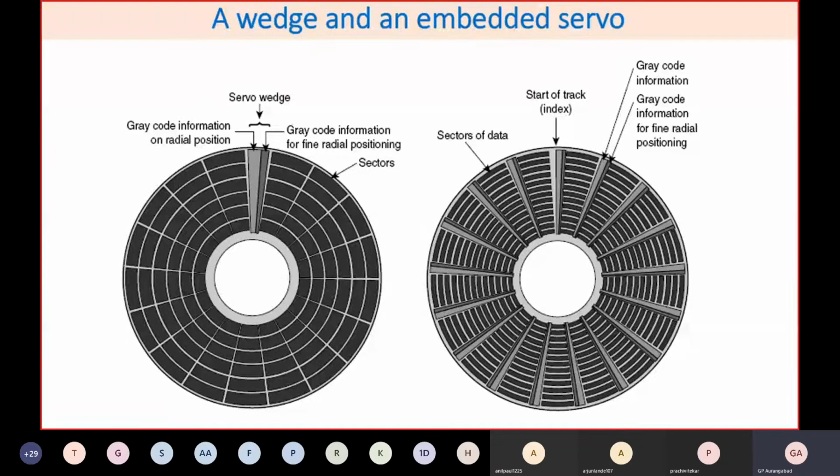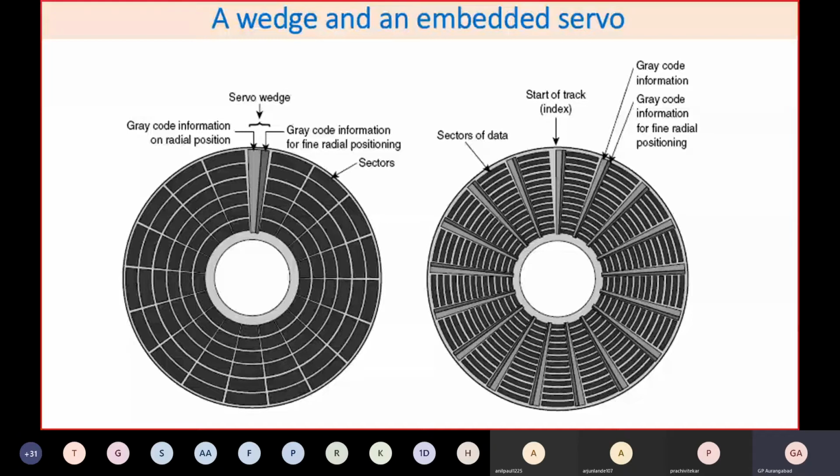There is a certain position or area which is reserved to store certain gray code information, which is called wedge servo information, and that is placed at the end of each track. That is, you will say, the pre-index gap, just before the start of the track and the end of the track. In between, this information is provided, as this information is available only once during a revolution.